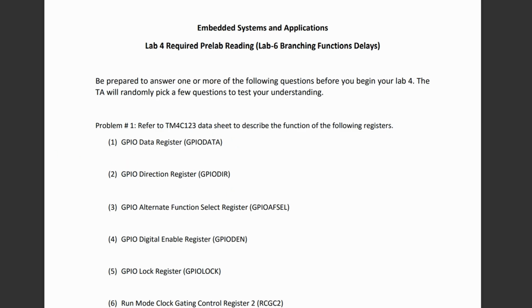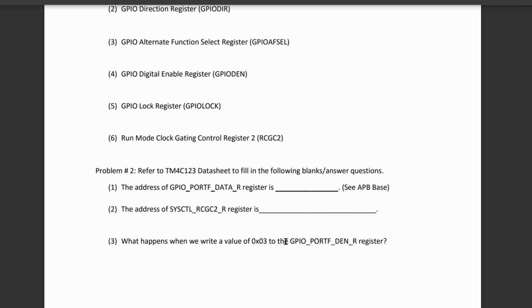Laboratory 6 is with Keil and it's for branching function delays. So we have these questions that we can look at. We're not going to go over them here, but if you look in the description below the like button, we'll